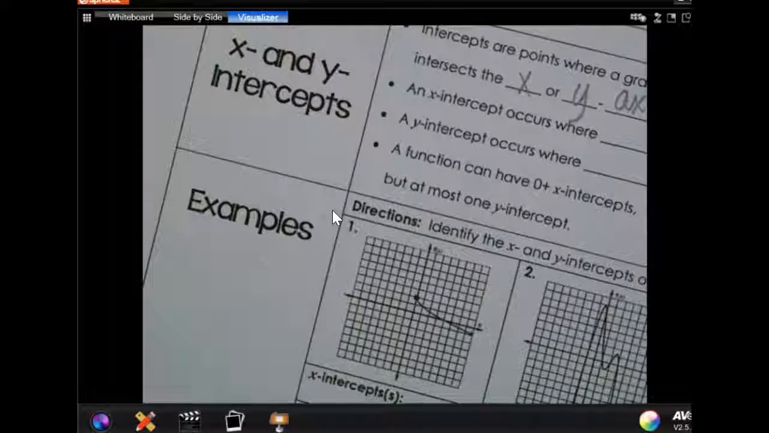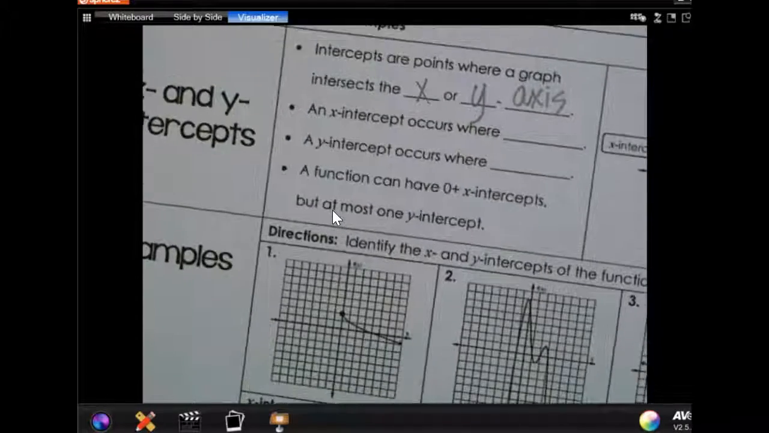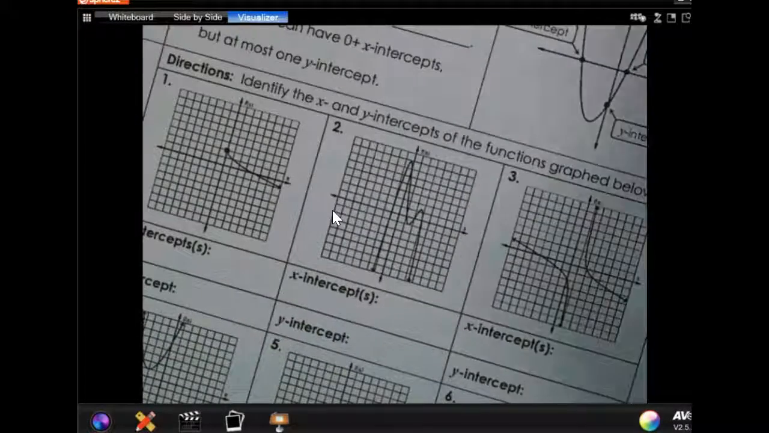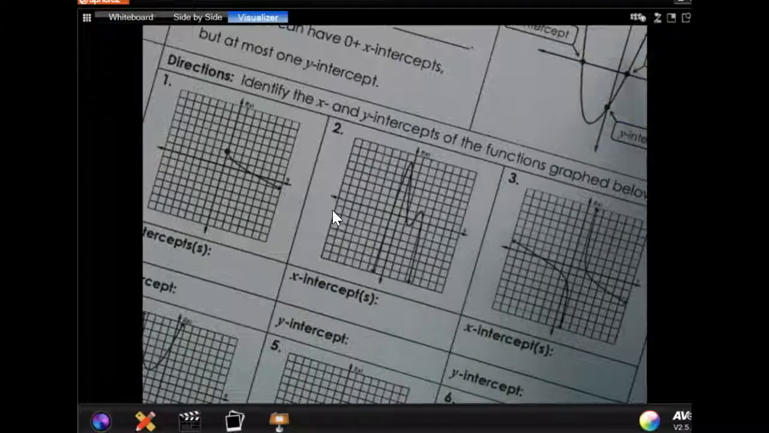Okay, intercepts are points where a graph intersects the x and the y axis. So, if this is our x-axis,